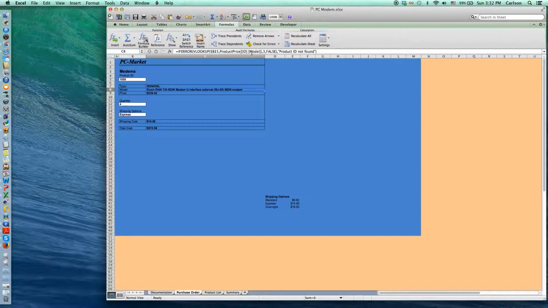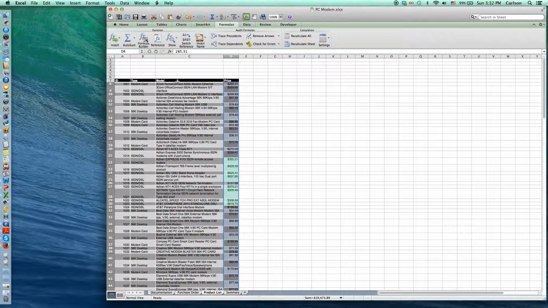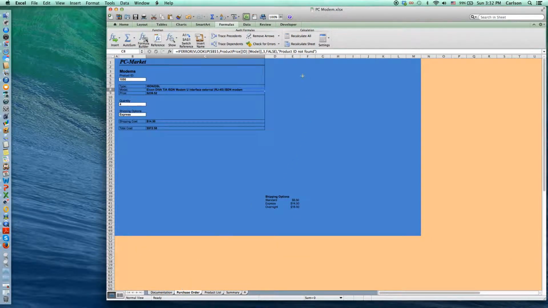So you can see here I extended this formula to include the model. You can see here model is column number 3, and I updated from column number 2 to column number 3, and the same for the price. You can see I expanded the range, or the array, to include price, and then changed it from 3 to 4, which is where the prices are listed. And after that, basically what I did was